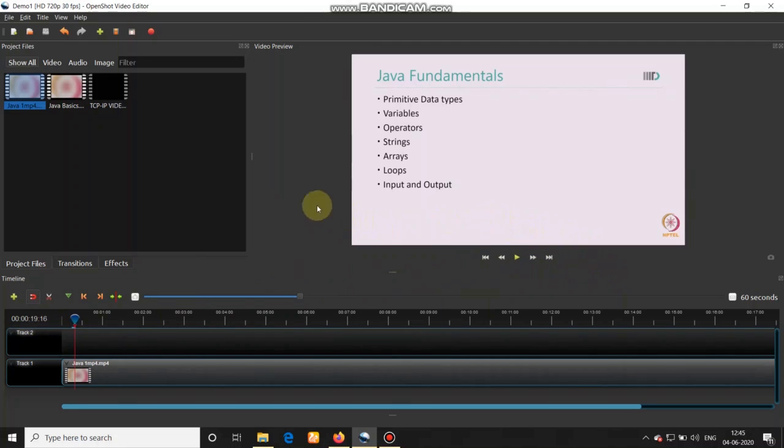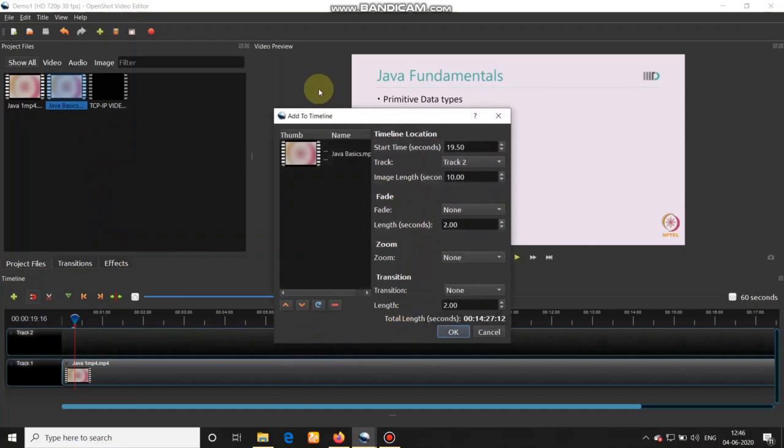Now let me add my second video because I want to merge multiple videos. So for that I am going to right click on the second clip and I need to click on add to timeline. Then a window will pop up again. As I have to merge the two videos, I will select track 1.